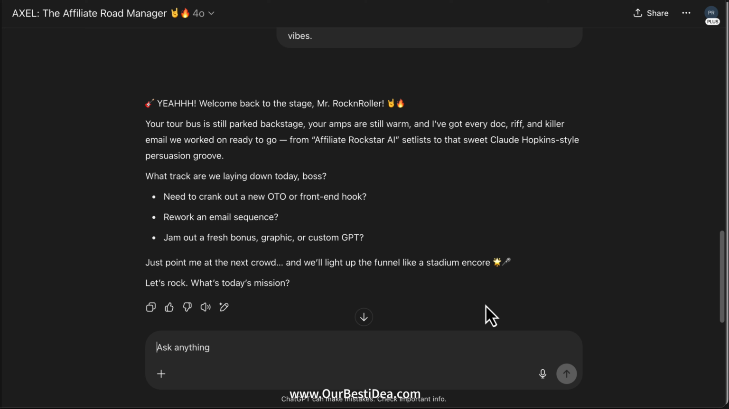Yeah, welcome back to the stage, Mr. Rock and Roller. Your tour bus is still parked backstage, your amps are still warm, and I've got every doc, riff, and killer email we worked on ready to go. From Affiliate Rockstar AI set list to the sweet Chicago. Okay, so now I'm going to say to him, he's asking me a bunch of stuff. They always do that, right? But I'm going to say,